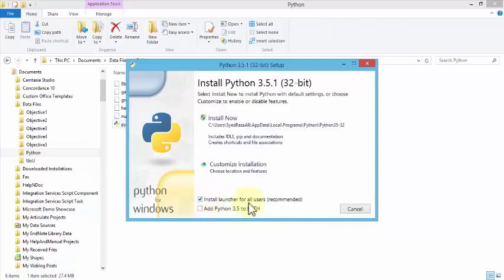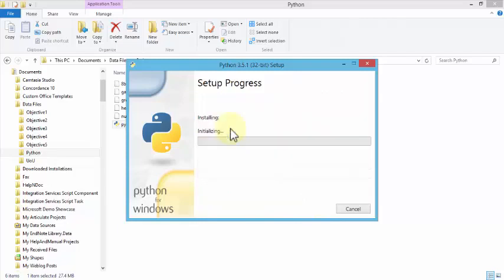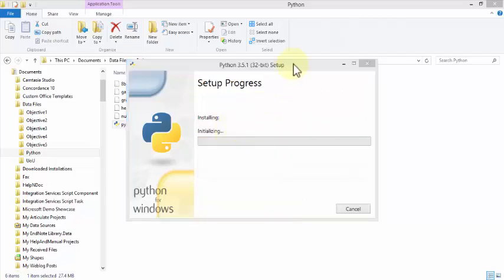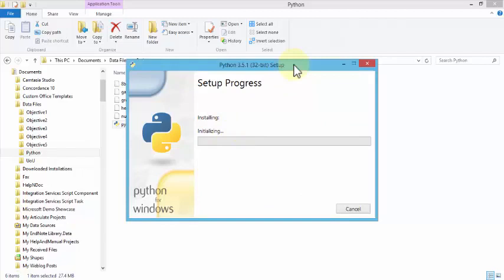On the bottom, install launcher for all users, which is recommended, and add Python 3.5 to path. So we're going to leave as is. I'm just going to leave the path also, and I'm going to click on install now. And it's going to run through the installation process. It's going to initialize, and it's a pretty straightforward process. It's just going to ask you a couple of screens, next, next, and then it will install the program